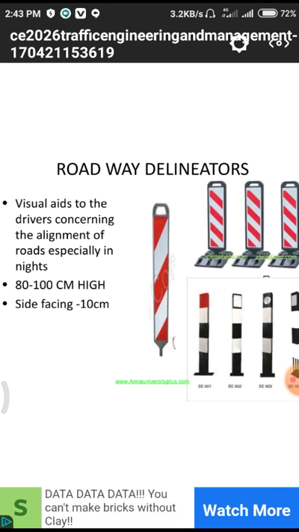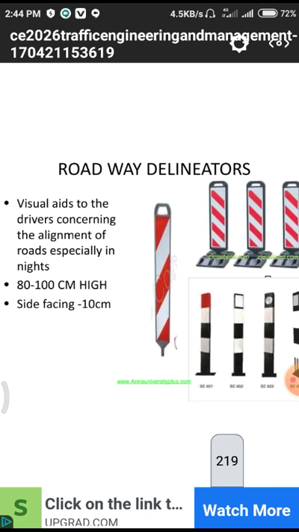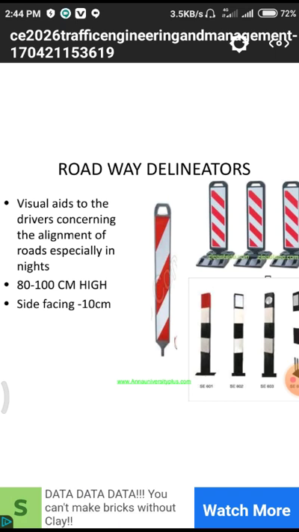Okay, these roadway delineators are now used in most urban cities, for example on bridges and other similar areas. On bridges, which are of small length, both the coming vehicles and the going vehicles have to move in that small length, so there may be very little space between the inner lane and outer lane. These delineators are useful at those places to separate the two traffic conditions.